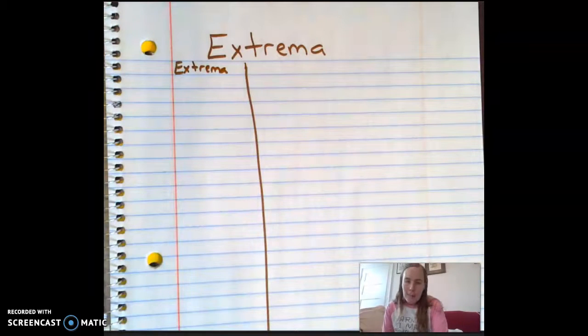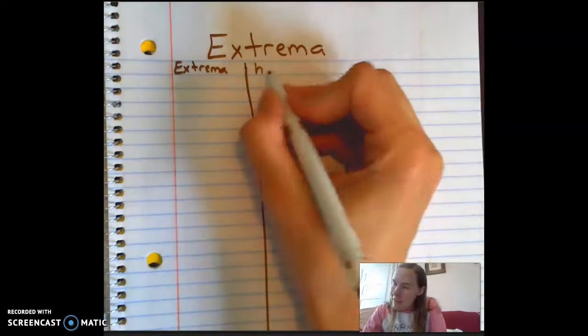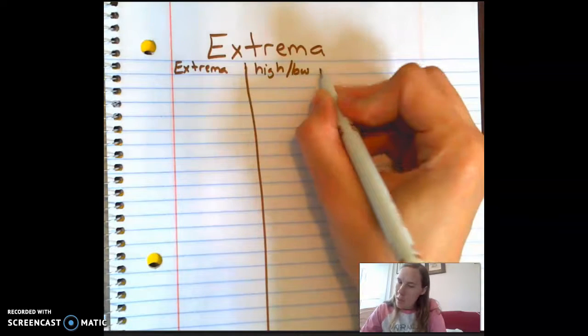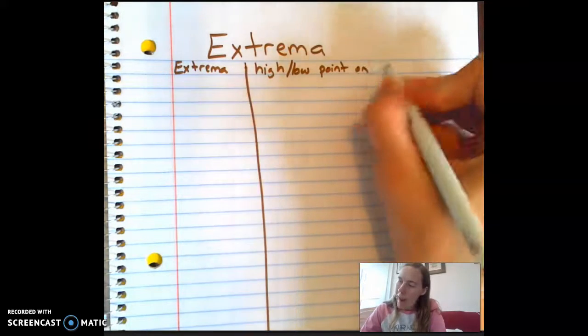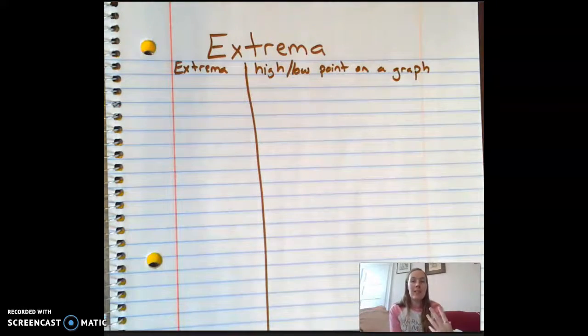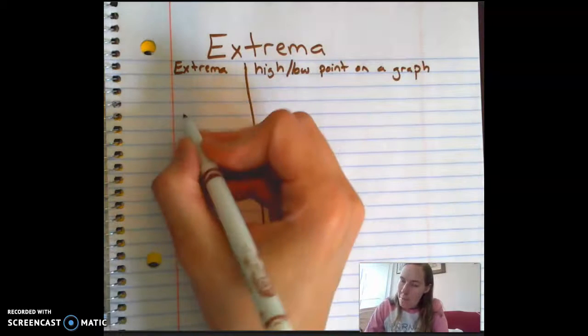So extrema is kind of what it sounds like. It's extreme. So, math-wise, it's a high or a low point on a graph. So with extrema, there's different types. So we're going to do a bunch of vocabulary, and then I'm going to show you some examples. So the first thing we're going to talk about is